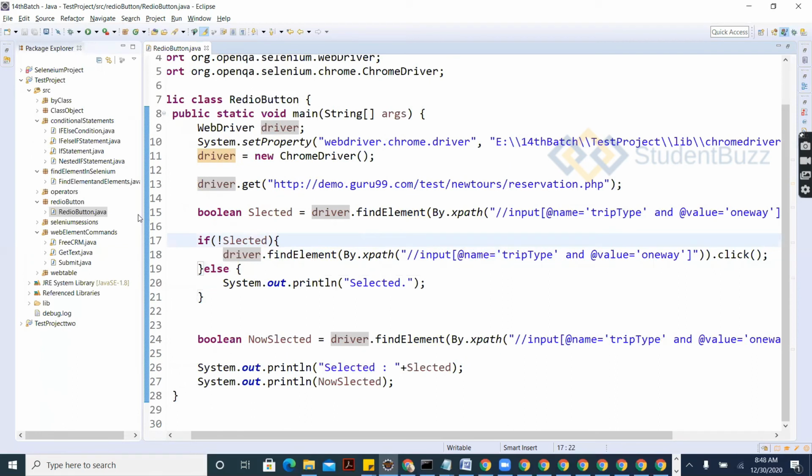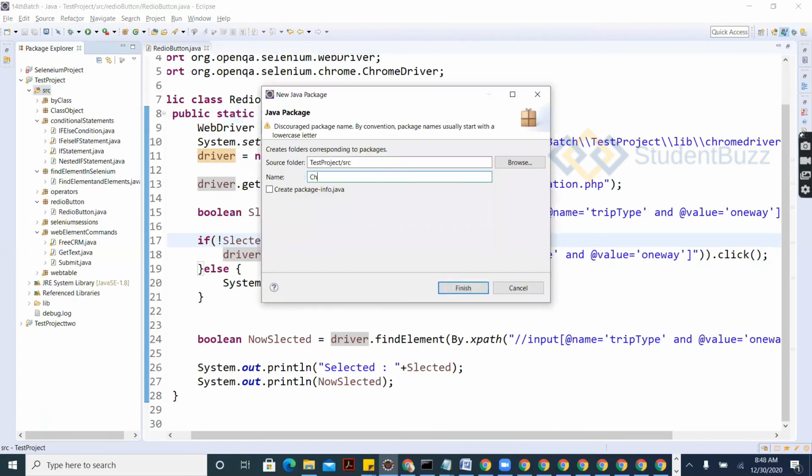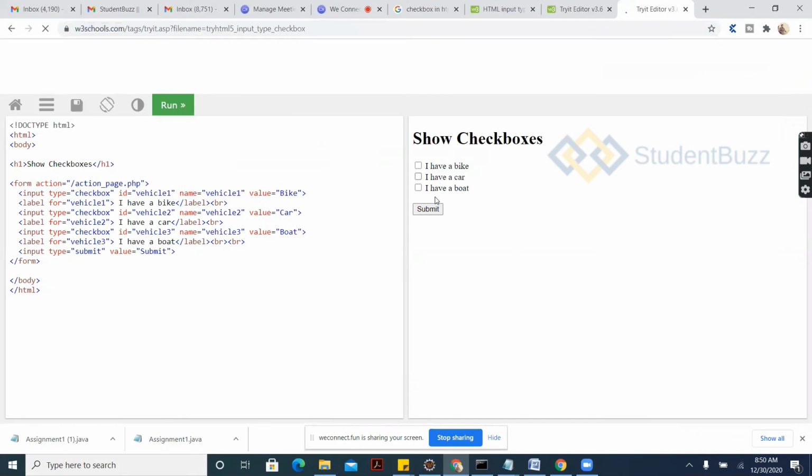So let's see this checkbox. Its name should be in small letters. We have these checkboxes here. Let's try to use them.